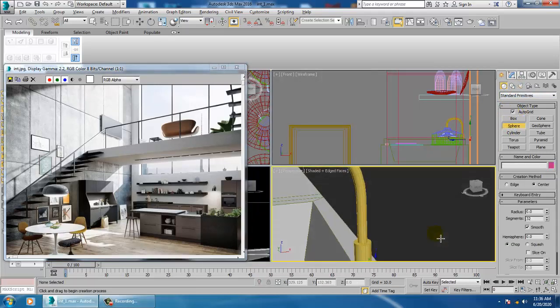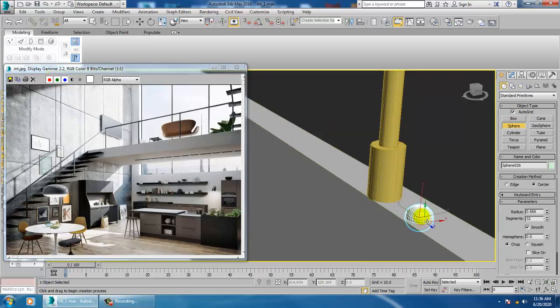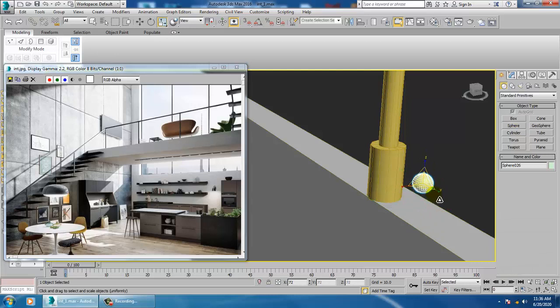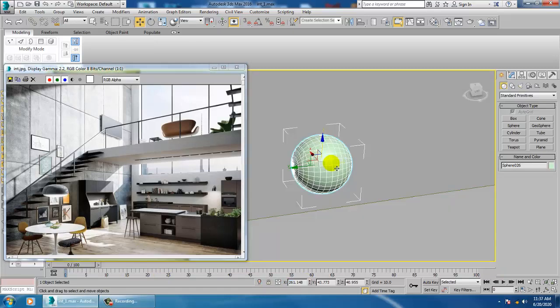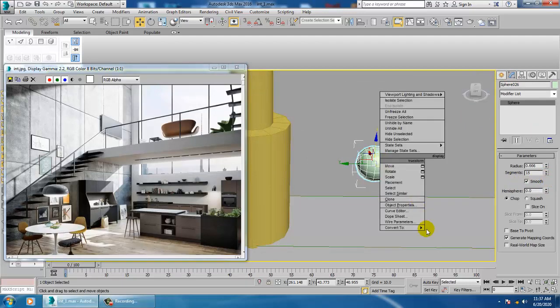Activate this auto grid. Take a sphere, resize it, and rotate it. Rotate 90 degrees. And reduce the segments, convert to editable poly.